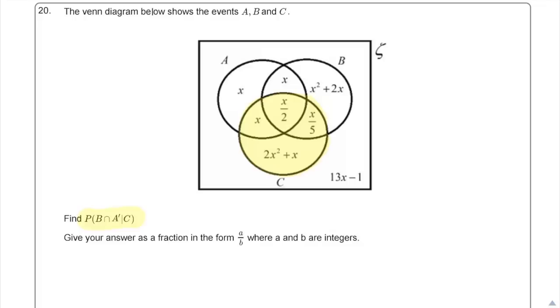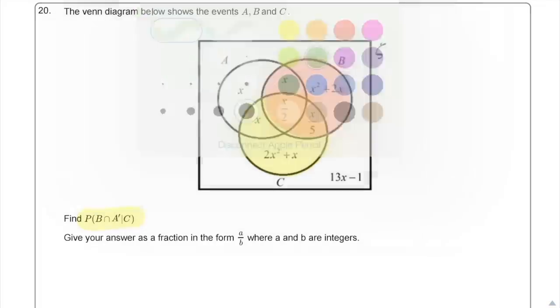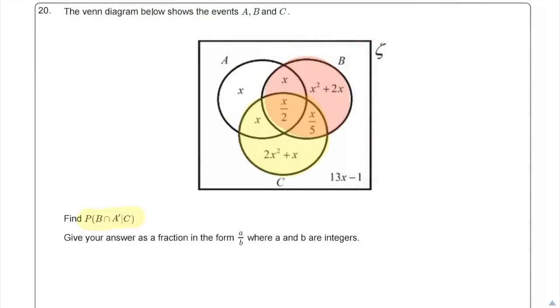Now, the intersection of B and not A, so B, if I use another highlight, let's use red, so B is all of this. Now, not A, if I use another highlight, I'm going to use green this time, not A